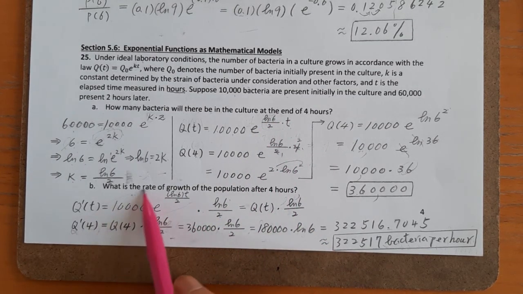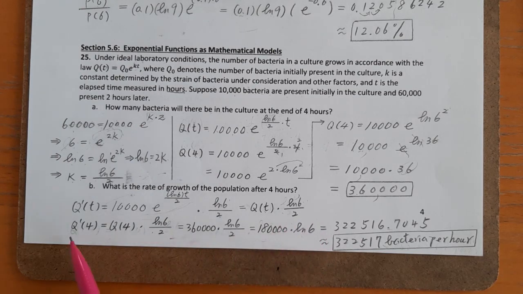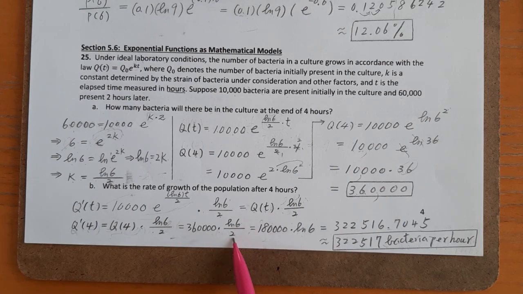And this part is the original Q of t. So it's Q of t times ln 6 over 2. So figure out Q prime of 4, t equals 4. That equals Q of 4 times ln 6 over 2. Q of 4 we figured out over here is 360,000, times ln 6 over 2. So it's